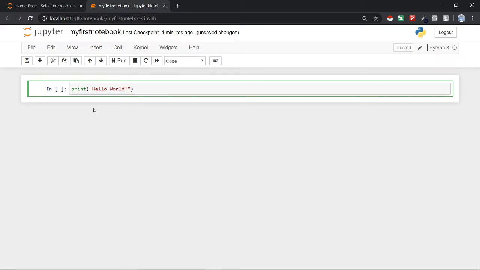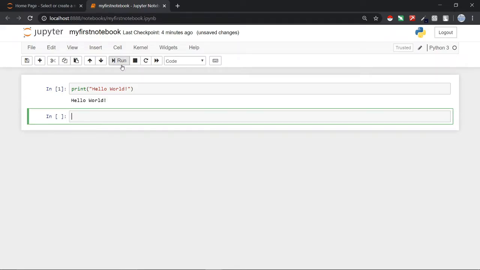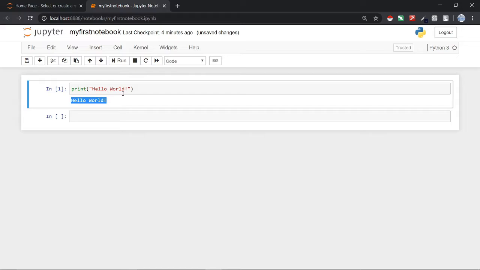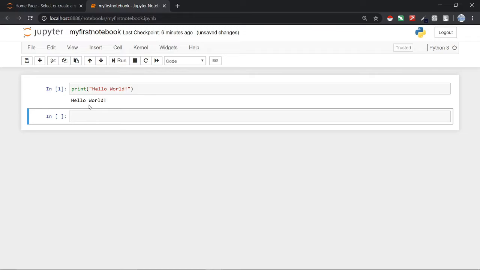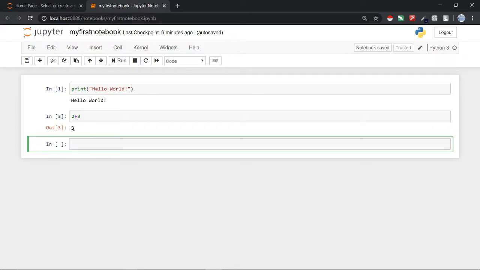So this is our hello world, and to run this command we can use this run button. Just click the run button and you will see the output of our program. This is our first program in Python, in which we print hello world. Now after printing we can also do some calculations in Python, and it's so simple. You can say 2 plus 3, hit the run button, and you will get the result 5. So now you know how to write code in Python. Just write anything in these cells, hit run, and you will get the result.